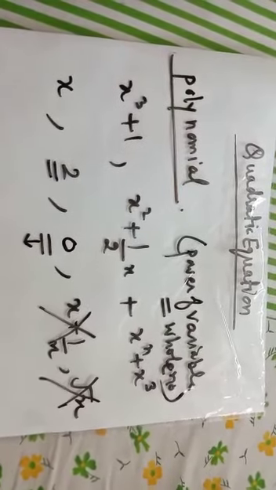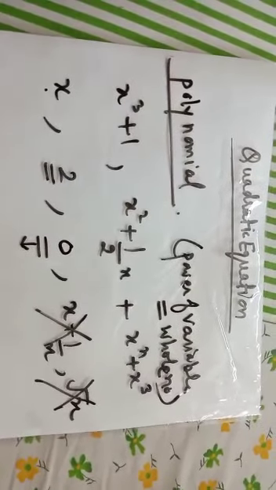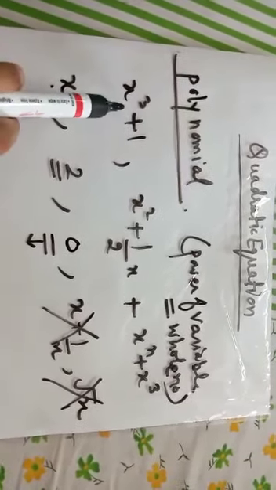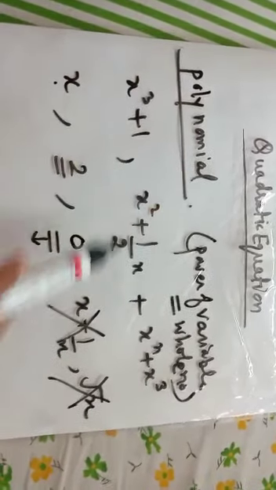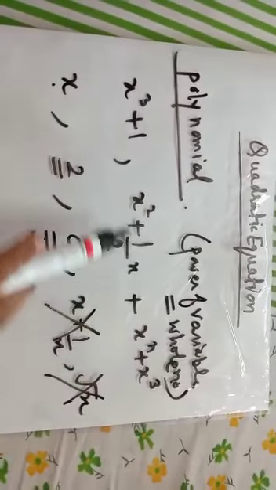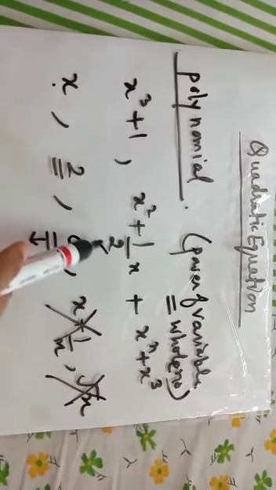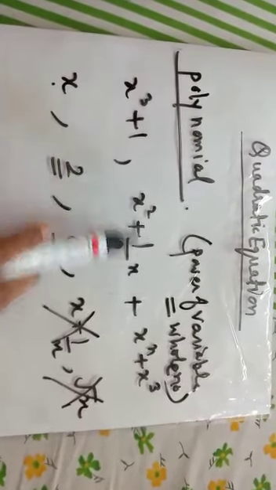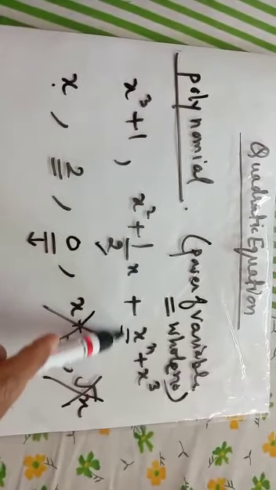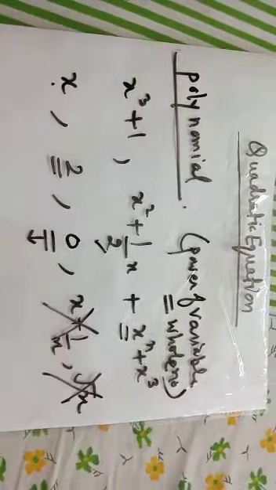This is a constant polynomial. This is a polynomial of degree 1. This is a polynomial of degree 3 because the highest power of the variable is 3 here. Now look at this. This is again a polynomial. Here the fraction is there, but it is with the constant, so it does not matter. The highest power of the variable here is n, so this is a polynomial of degree n.